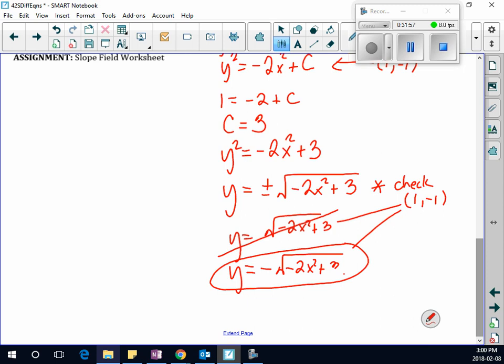that you have that. So there's a slope field worksheet